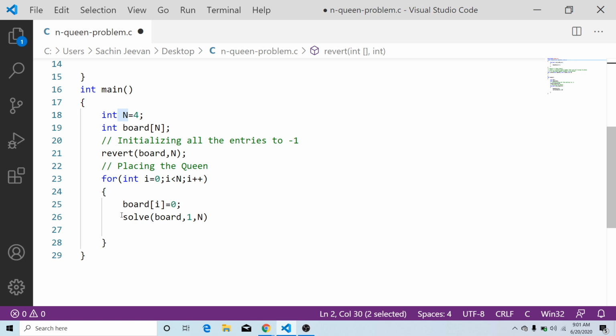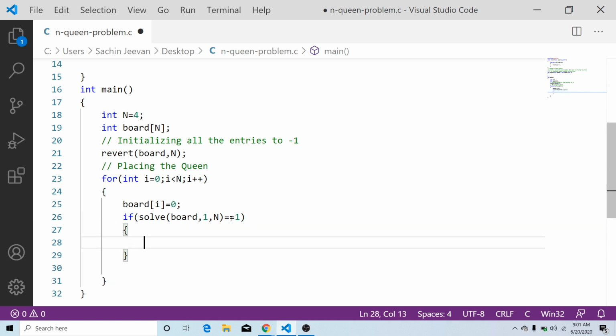So I have to check whether this function call is equal to 1. Suppose it is returning 1, which means that you got the solution. If you got the solution, then you can display the present configuration. Okay, you will just display it. And also you have to initialize all the values again to -1, and you have to start for the